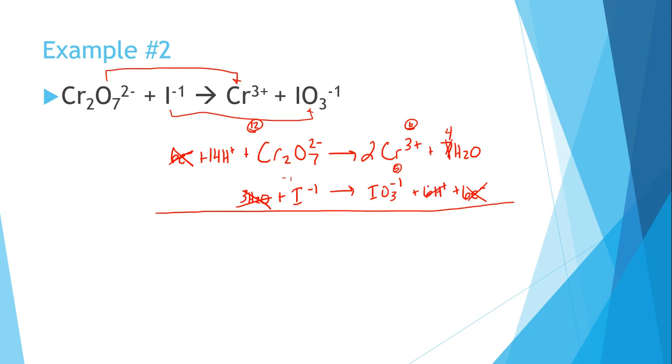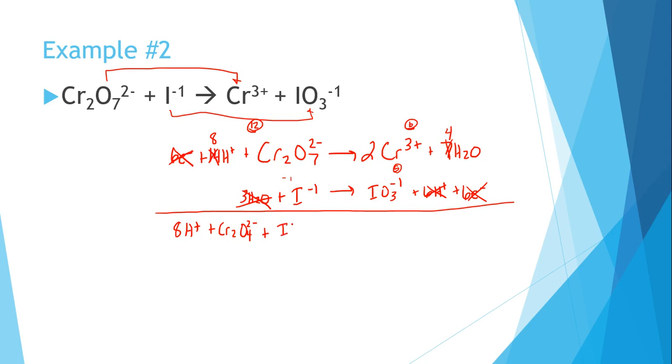So here I have 6 of them. They'll cancel. 14 minus 6 will leave me with 8 hydrogen over here. Once you get that all simplified, we can just go ahead and bring down and add together what's left. So I have 8 hydrogen ions plus chromium